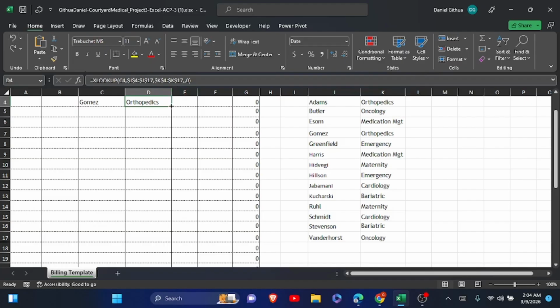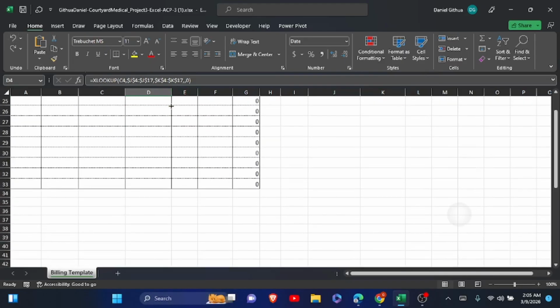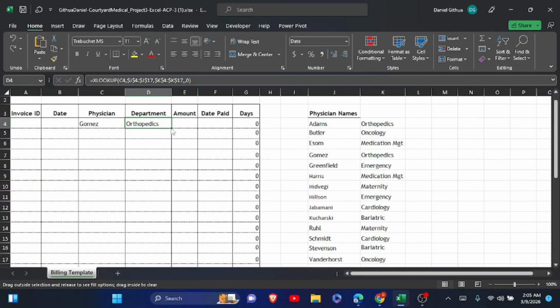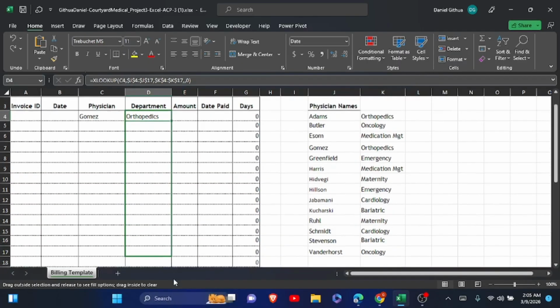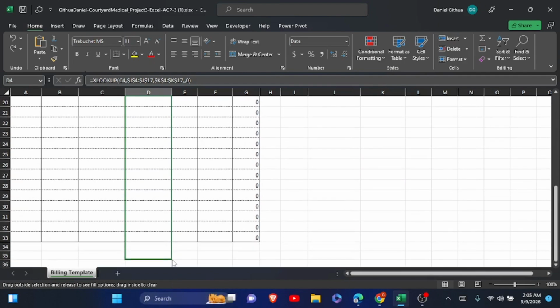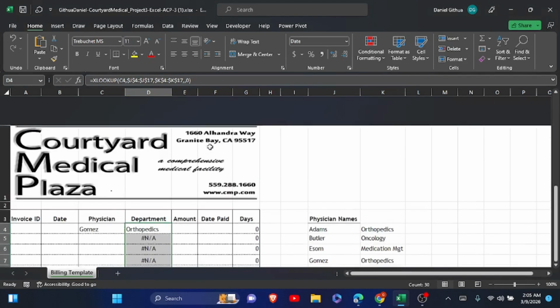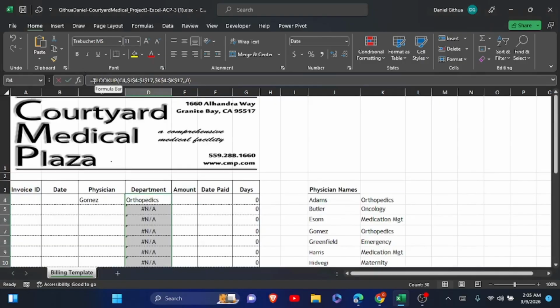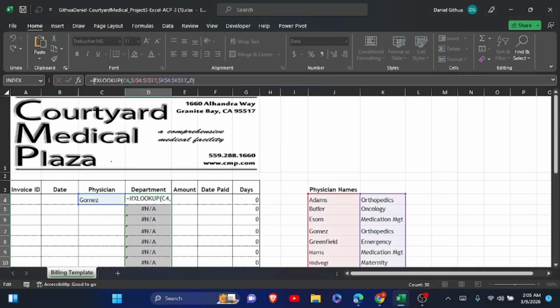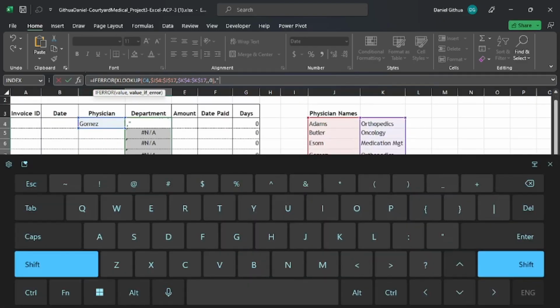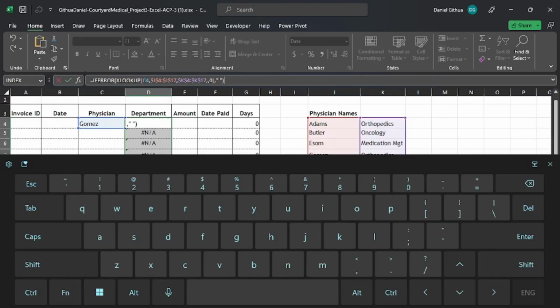Now when you're dragging down, you click until it turns to this, then drag down, then fill without formatting like that. The error appears. Now type here IFERROR, double click on it, comma, open quotation marks, space, quotation marks, close the bracket, enter,